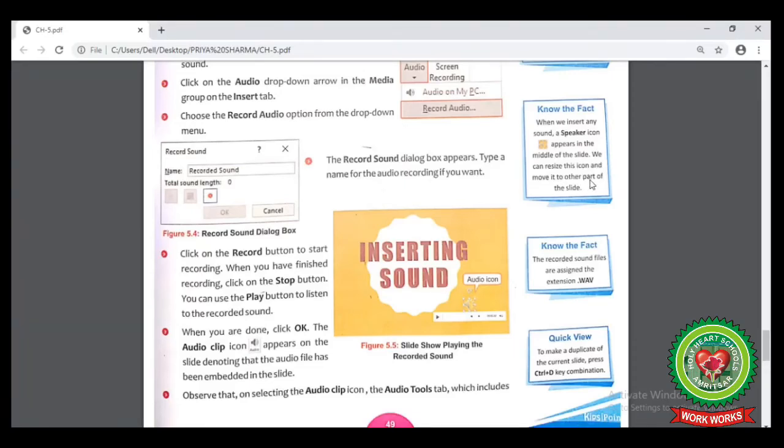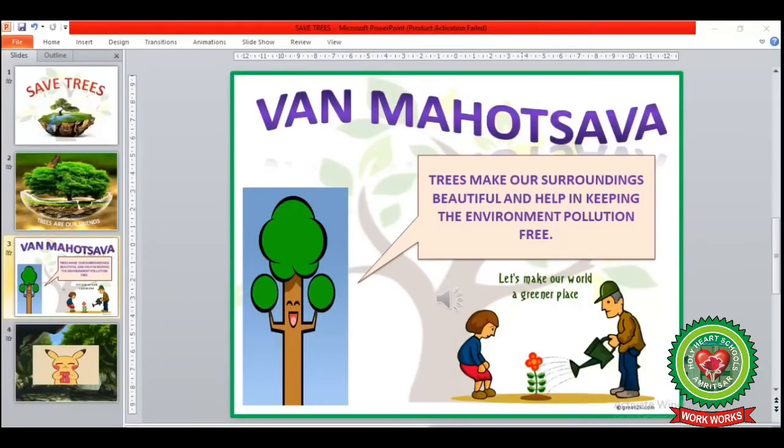Let's do it practically now. Here you can see the speaker icon on your slide. By clicking on this speaker icon, you will notice small dots will appear around this icon. Now place your pointer on this small dot. You will see your mouse pointer will change into a two-headed arrow. Now hold down the left mouse button and drag the mouse pointer.